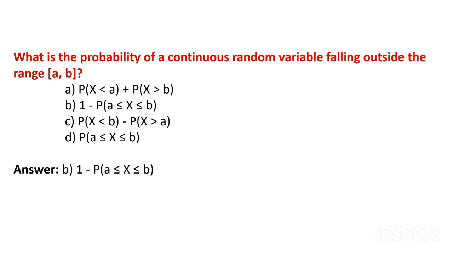What is the probability of a continuous random variable falling outside the range AB? The probability of falling outside the range AB is the complement of the probability of falling within the range AB, that is 1 minus the probability that x lies between A and B is the correct answer,